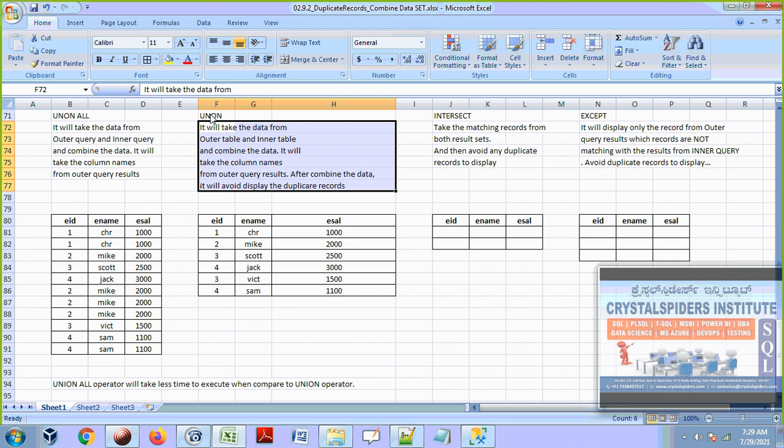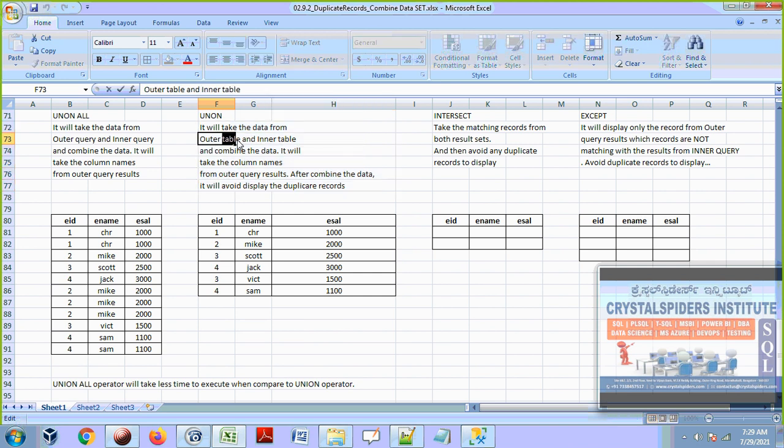The union operator takes the data from the outer query and the inner query. I should not say outer table, I have to say outer query and inner query. Outer table will come in joins, and we'll see that at that time. So, the outer query results and the inner query results are combined as usual, like a union all, and then it will take the column names from the outer query results.